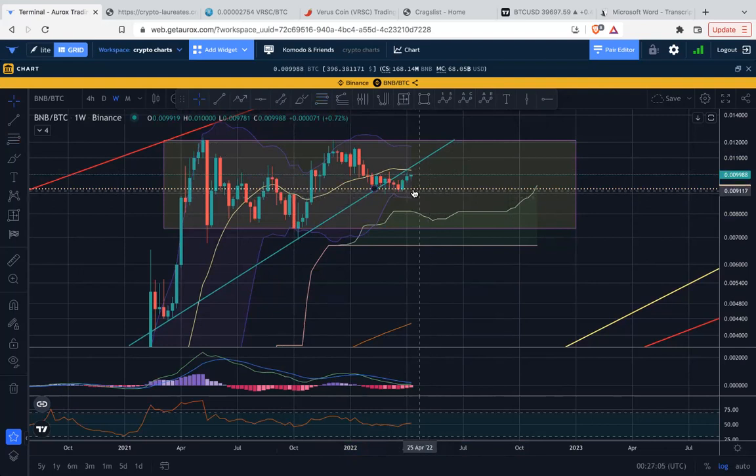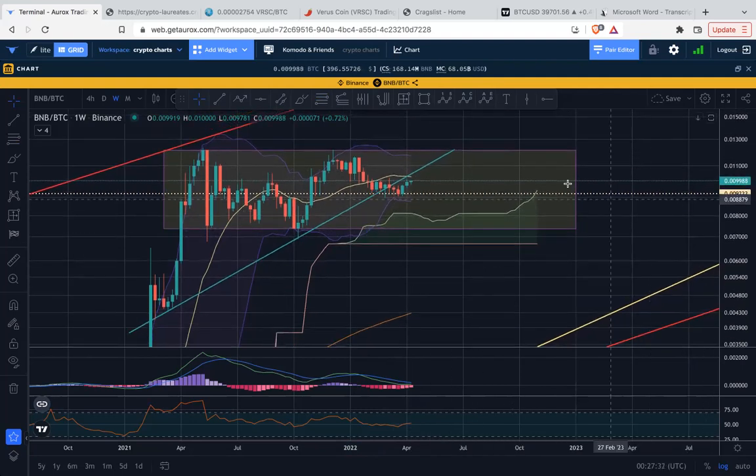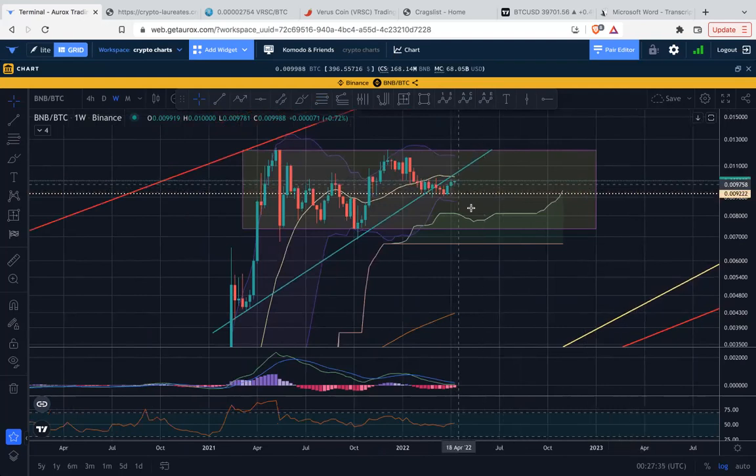But at that point, we'll have just broken down this horizontal level, which proved to be a significant level of support. So if you start breaking below that, you're looking at a higher likelihood of breaking down. So we'll see. Some of them like ICX and KMD are really at their lows, and if they were to break down further, that's a pretty big deal, much rougher than BNB breaking down further to get support at an Ichimoku cloud.